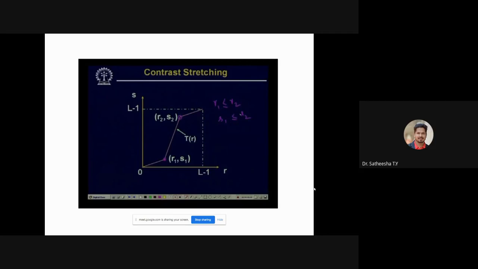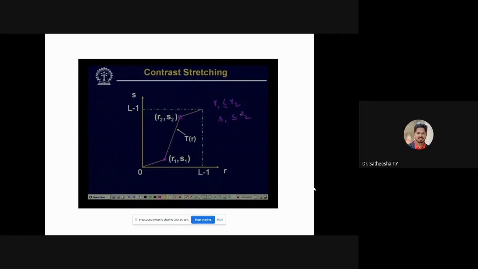You will find that if we make R1 equal to S1 and R2 equal to S2, then the transformation function becomes a straight line with a slope of 45 degrees. This means that whatever intensity value we have in the input image, we will have the same intensity value in the processed image.